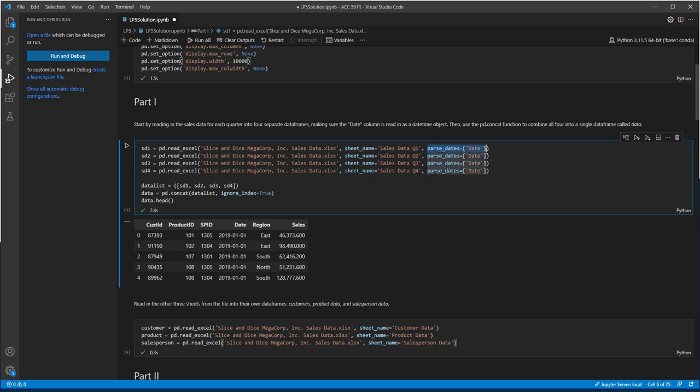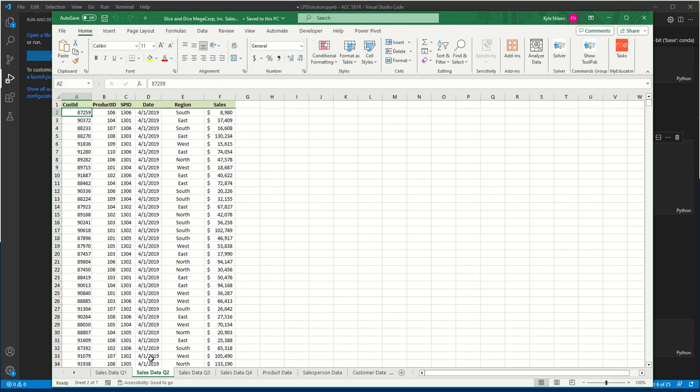which is done by the parse dates function on the date column. Next, you're going to create a data list of those 4 data frames so that afterwards you can run the pd.concat function into data. This ignore index parameter is important because you have these 4 different sales data